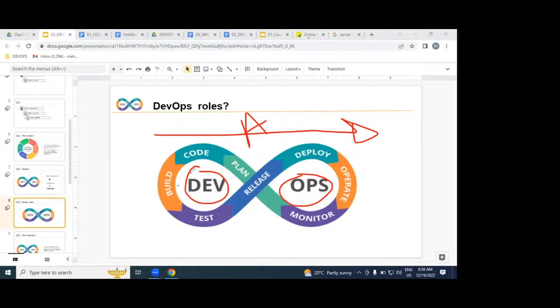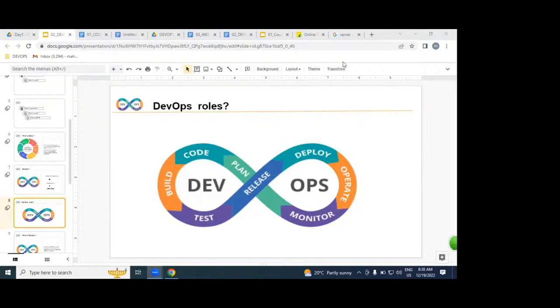For example, developers write the lines of code, the software. The software moves into the production environment with an automated process. That automated process is created by the DevOps engineer. That is the only role we play in SDLC. Developers write code, testers write test cases, DB administrators and AWS administrators do their work. All the people together complete our SDLC process. On top of the SDLC process, as a DevOps engineer, we implement an automated process.